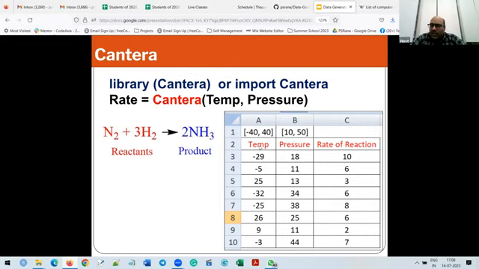Okay, so class, temperature is defined between -40 and 40. Pressure is defined between 10 and 50. So now this is a chemical reaction, and I want to perform it at different temperatures and different pressures, and I want to know what the rate of reaction will be. So similarly, just generate random values for temperature and pressure, pass them to the function. It will take some time, make some simulation, and it will give you the rate of reaction, and just note it down.